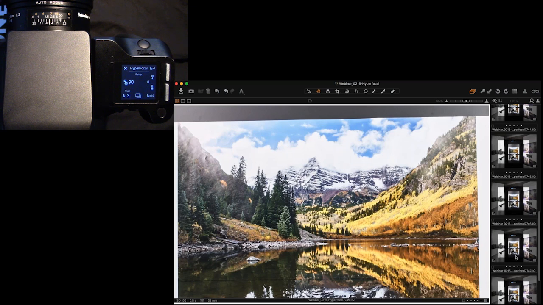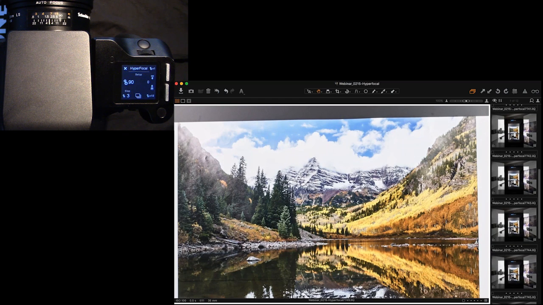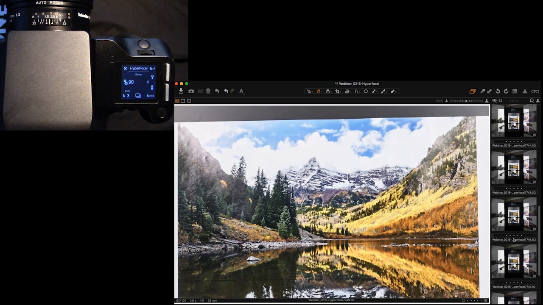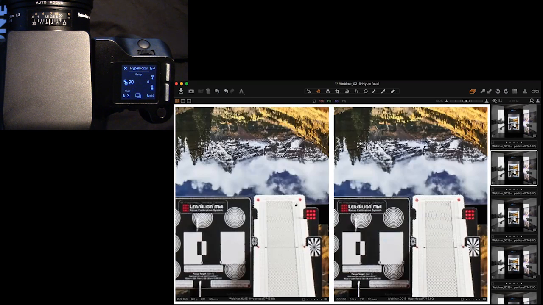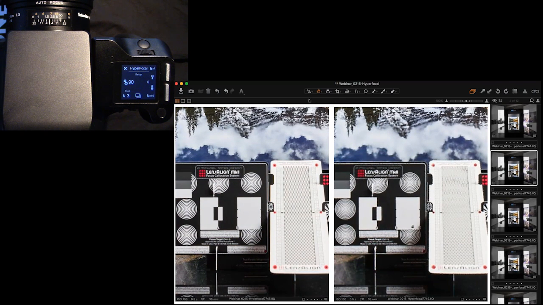So here we have 96, and if we compare 96 to 84, we'll notice that there is a very significant loss of focus at 96 for infinity focus, which is great, because now we know that we're in the right direction. And if we pan down to our focusing chart, we should see that this is very much in focus. Almost the entire focusing chart is in focus, whereas at 84, almost none of it is in focus.